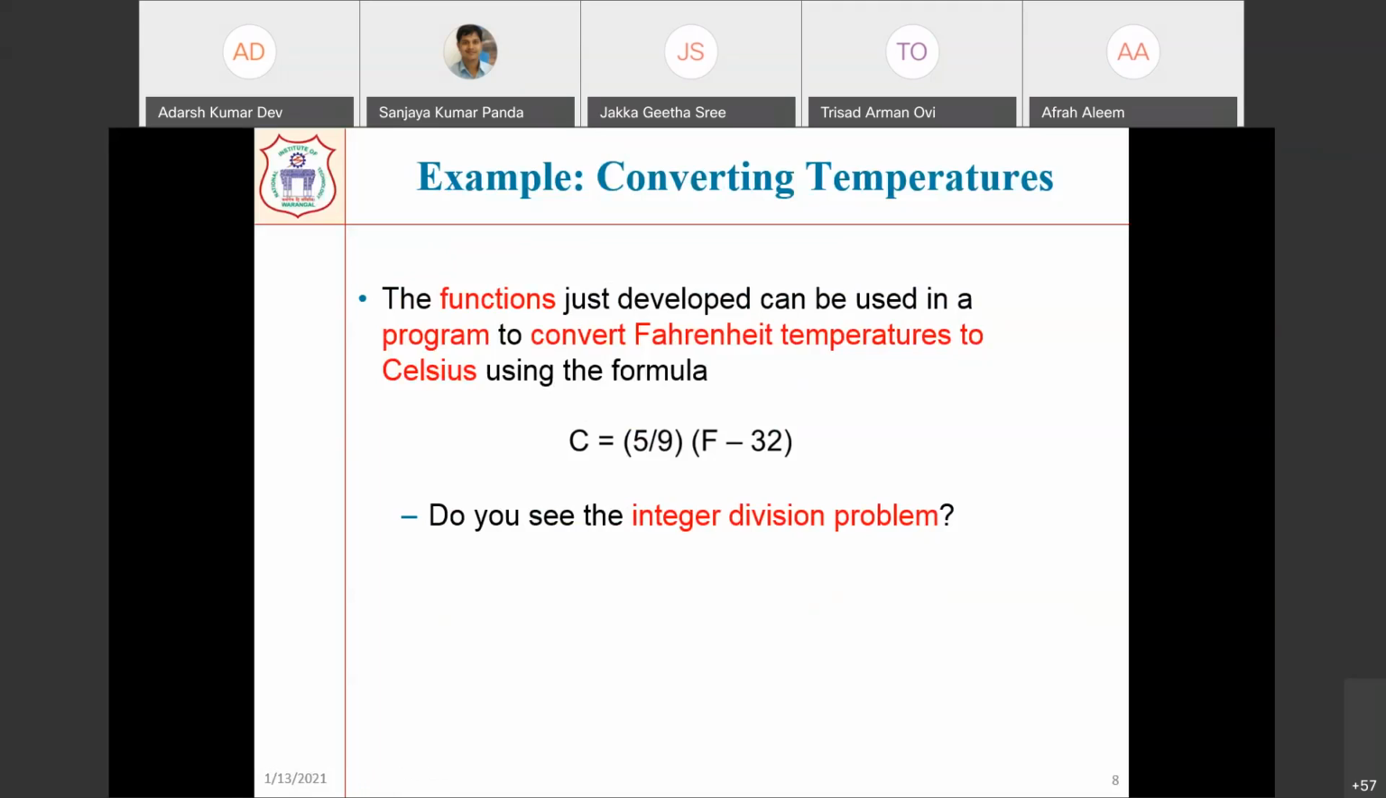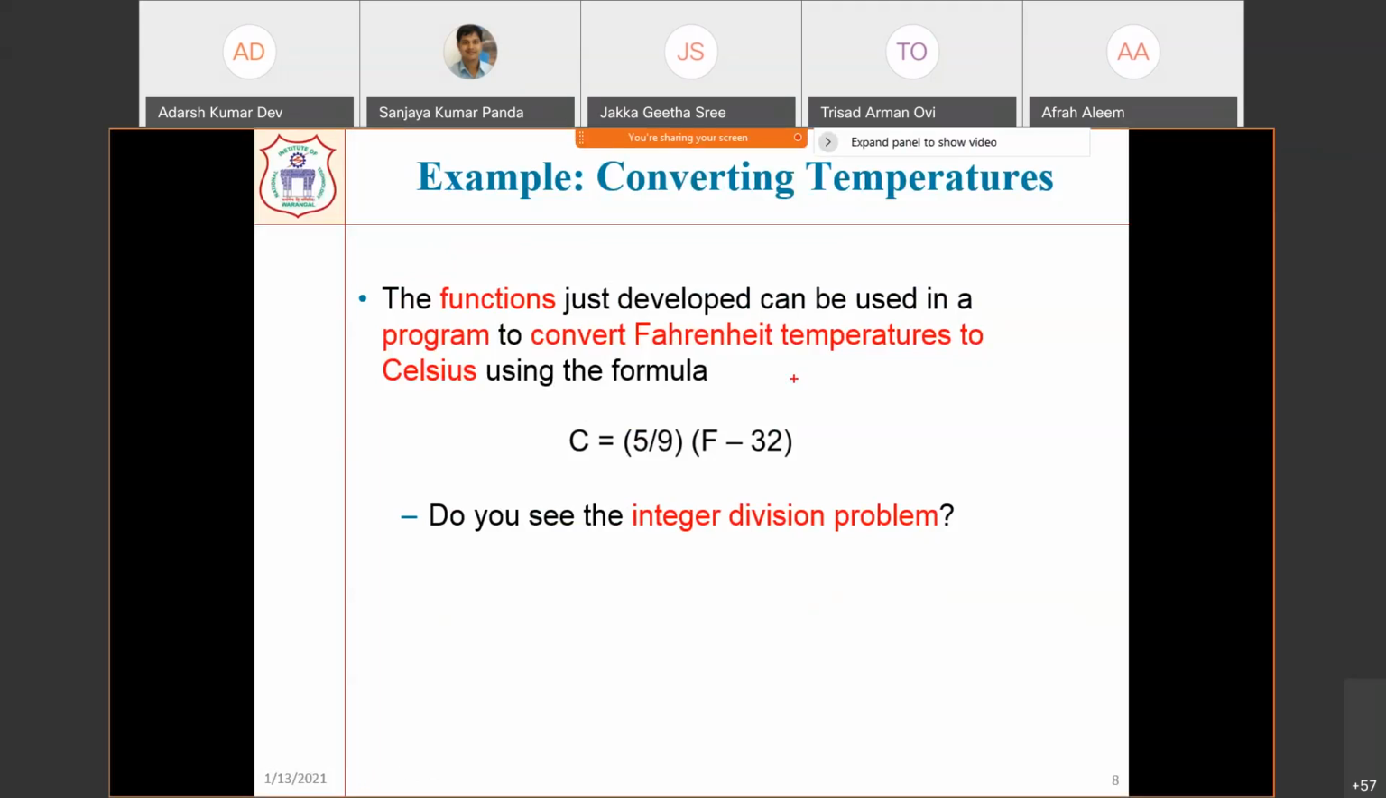So the function just developed can be used in a program to convert a Fahrenheit temperature to Celsius. And it is a very famous program also. You are given the temperature in Fahrenheit and you have to convert it from Fahrenheit to Celsius, or vice versa, convert Celsius to Fahrenheit. So there are two representations, right? Do you see what the problem is here? The main problem is that